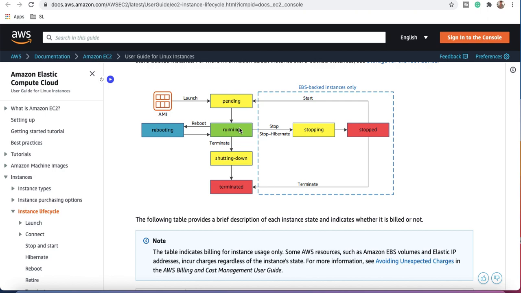Let us say you have an instance of maybe one CPU and 1 GB of RAM, and you want to avoid unwanted charges. For an instance which is not in use, you can stop that instance. So all the charges related to CPU and RAM will be stopped. But let us say you have associated a disk of 100 GB with it, while by default you get only 30 GB of elastic block storage in your account. So in that case, what is going to happen? You will be charged for that EBS volume.